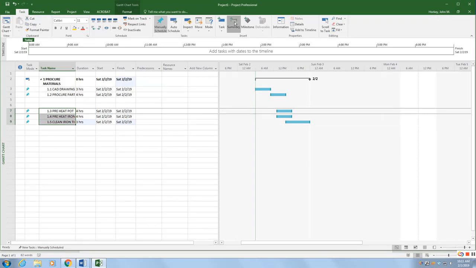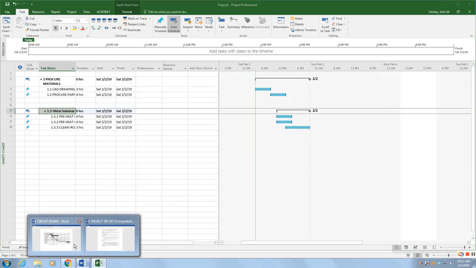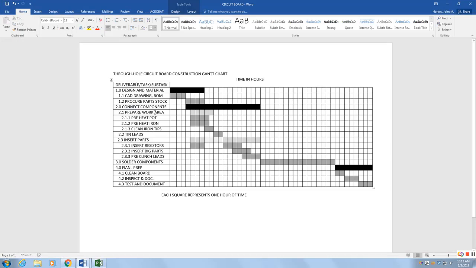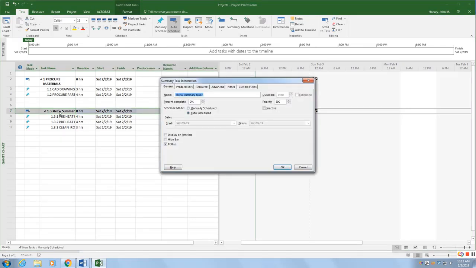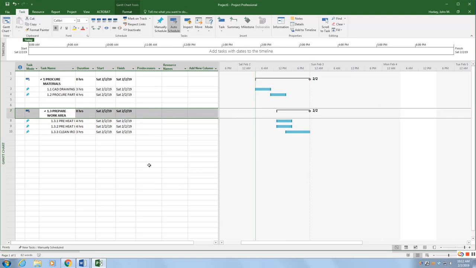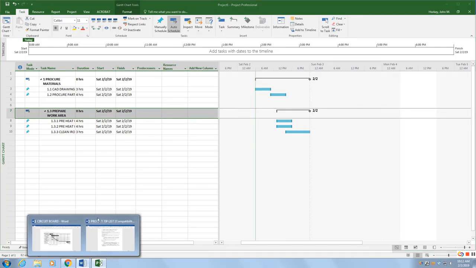I'm going to give them a summary task. Now it's calling it something else. Don't worry about that. So this summary task is called Prepare Work Area. Okay, so now,